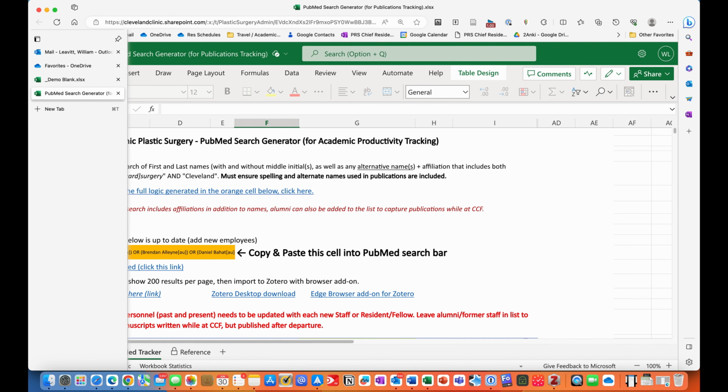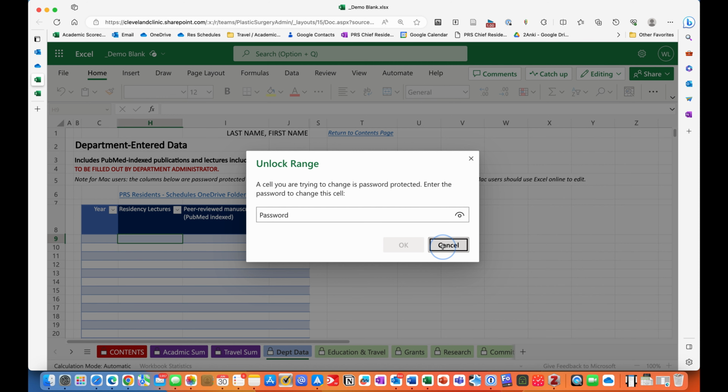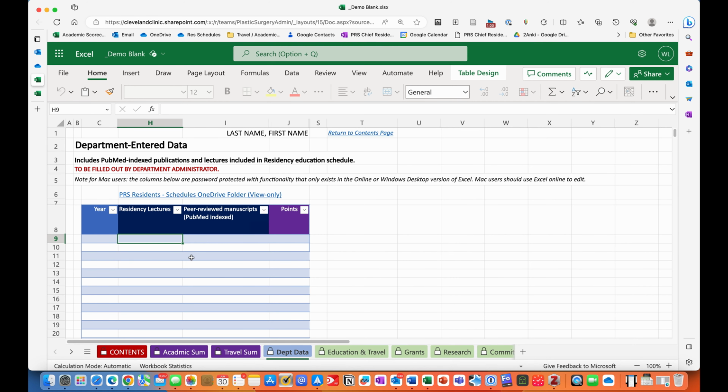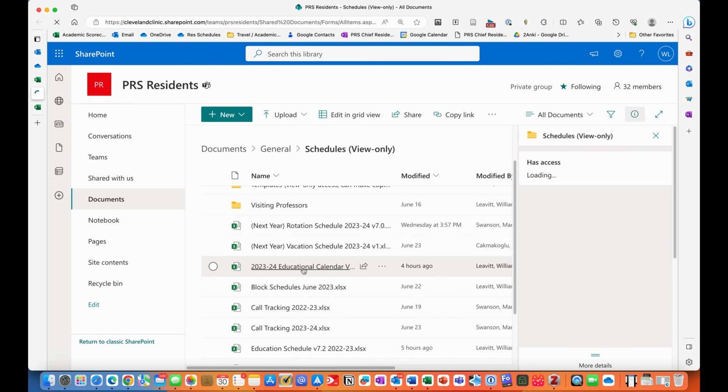And going back to the tracker, where Trinity will be entering the data is in the department data. So these areas are password protected, just to avoid any of the formulas getting messed up. She'll be tracking, again, the peer-reviewed manuscripts that are PubMed indexed, and she will also track the residency lectures. So for any lectures where the staff is either assigned to give the lecture, such as for the case discussions, or where they're assigned to supervise, as long as they're on the schedule, we'll use that to count the number